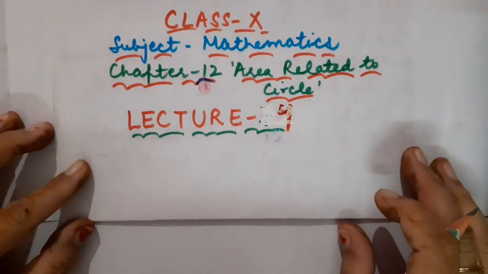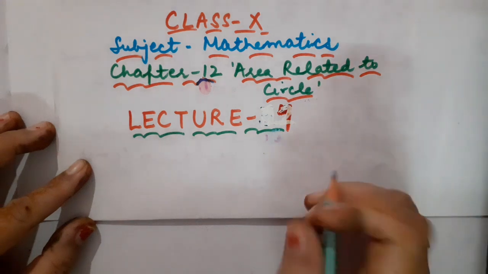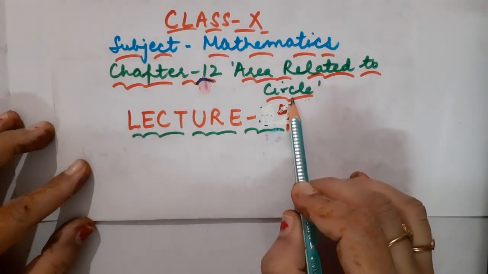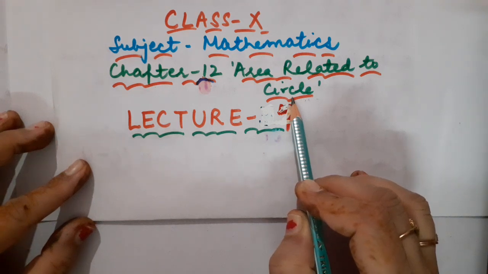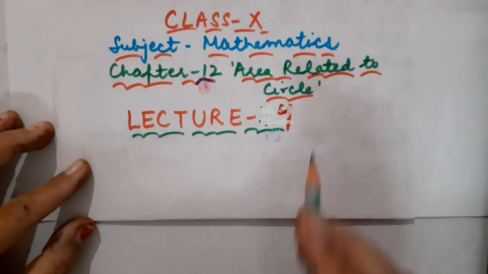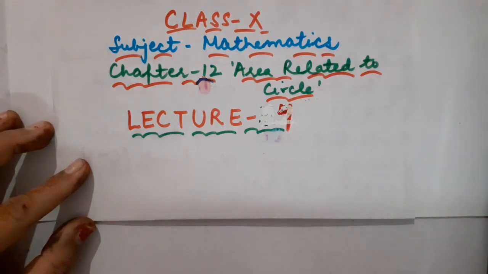Children, you know that in my previous lectures, I made you understand all the important definitions related to the term circle as well as all its related terms. Then I made you understand all the formulae and we started with exercise 12.1 and 12.2. Correct, children? So yesterday I finished exercise 12.2. Only the last question was left.